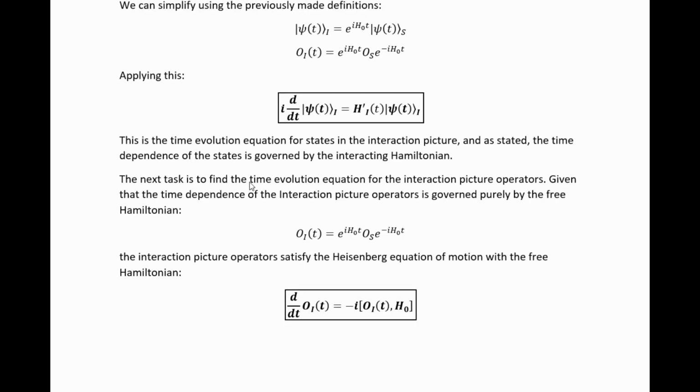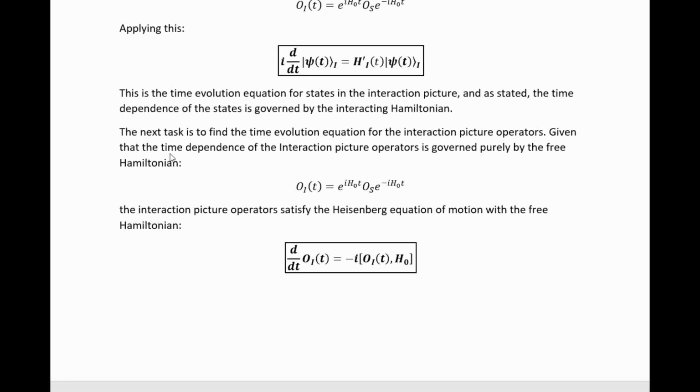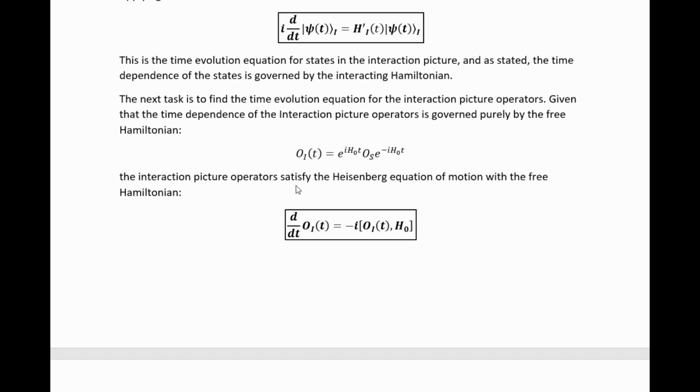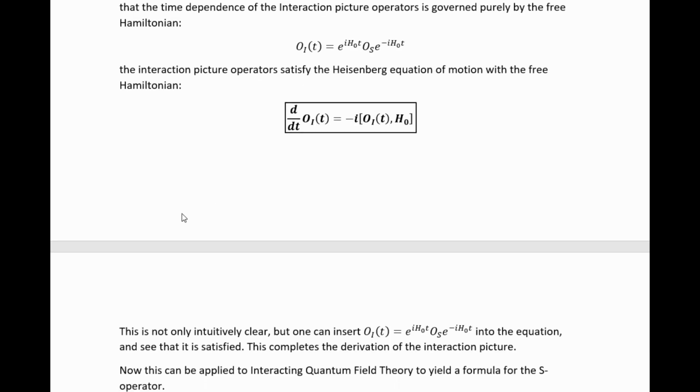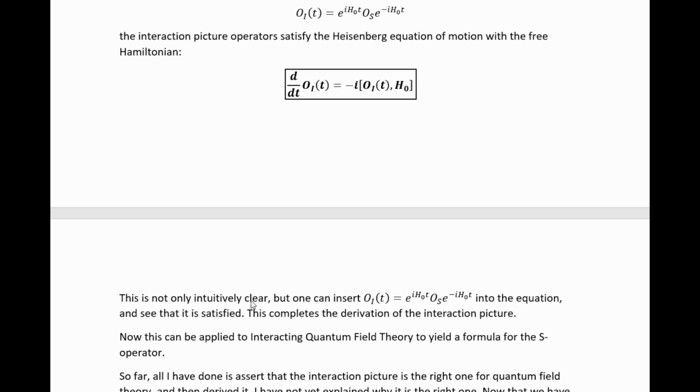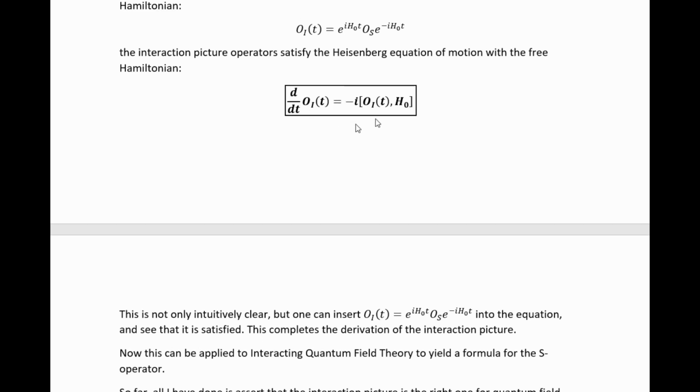The next task is to find the time evolution equation for the interaction picture operators. Given that the time dependence of the interaction picture operators is governed purely by the free Hamiltonian, the interaction picture operators satisfy the Heisenberg equation of motion with the free Hamiltonian. This is not only intuitively clear, but one can insert this definition into that equation and one finds that it is satisfied. Because we now have the equation of motion for the operators, we have completed the derivation of the